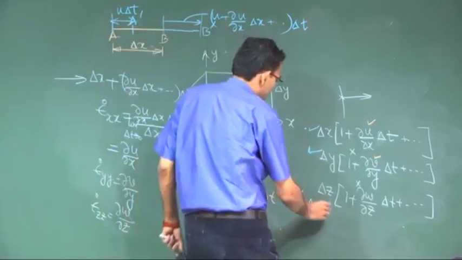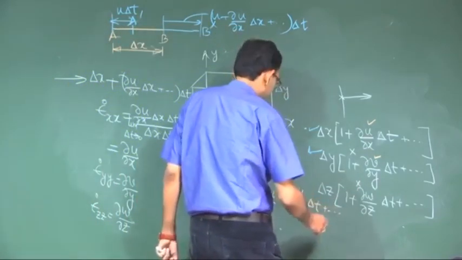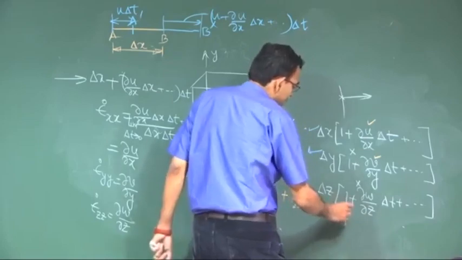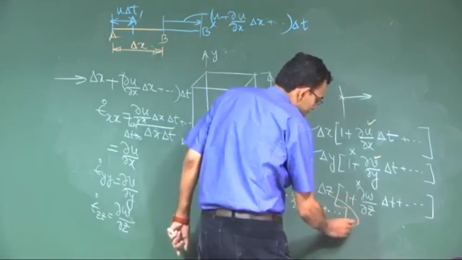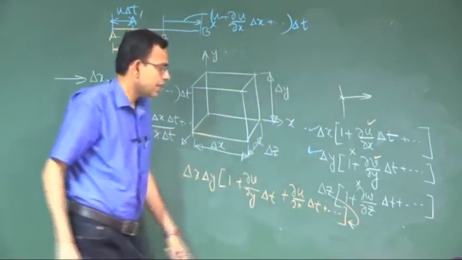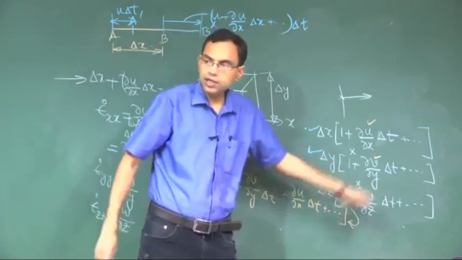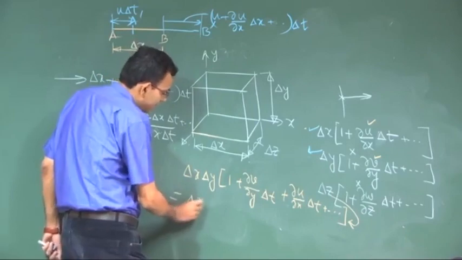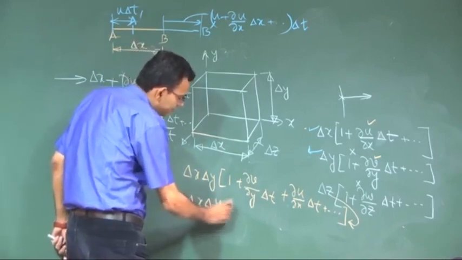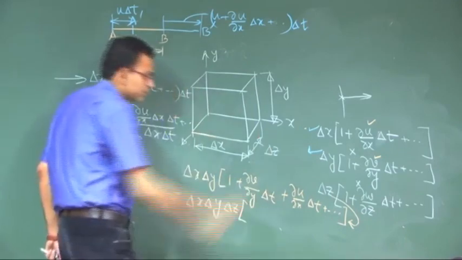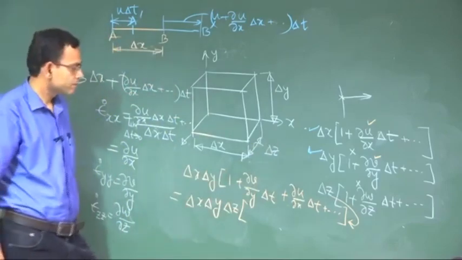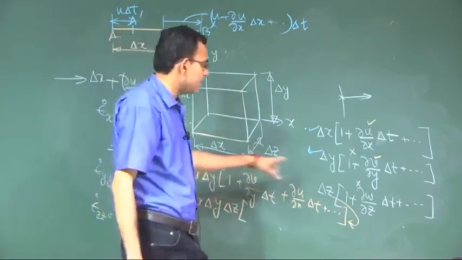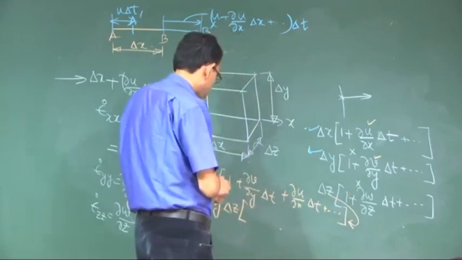So, we do not write that, simply write dot dot dot, then we multiply that with this one delta z term. So, this becomes delta x delta y delta z times, now this entire thing multiplied by 1. So, 1